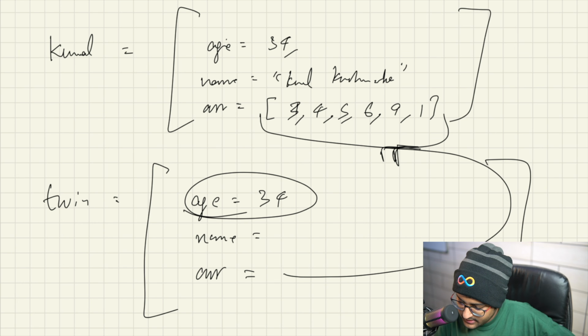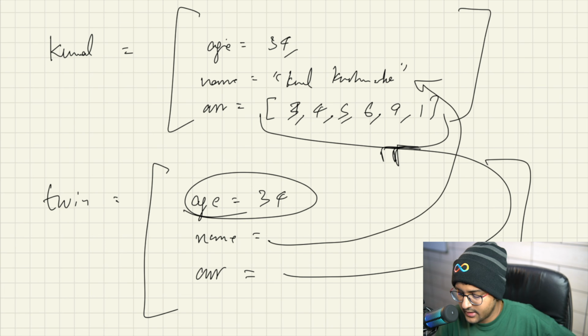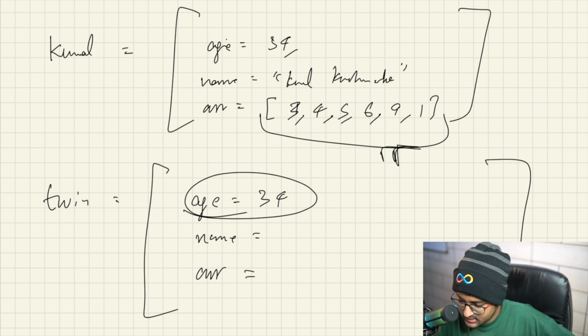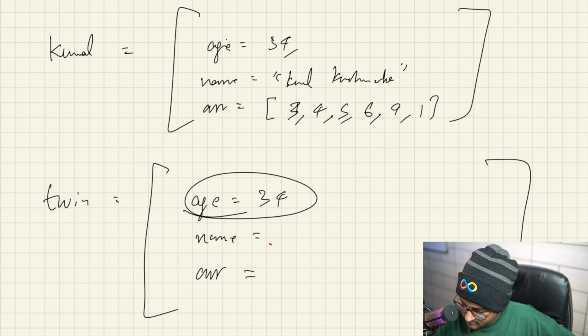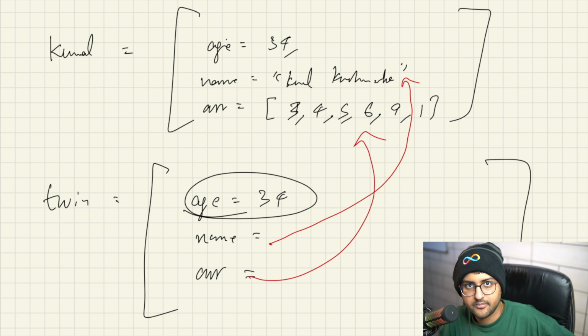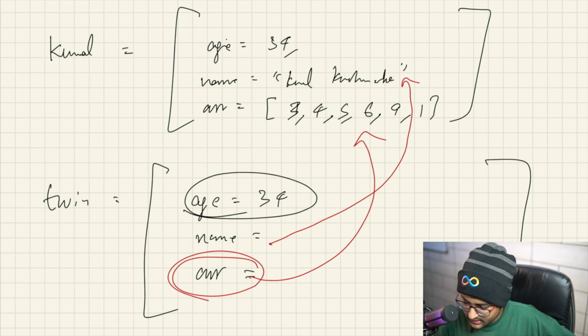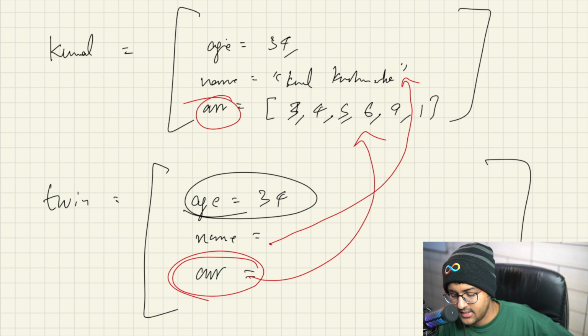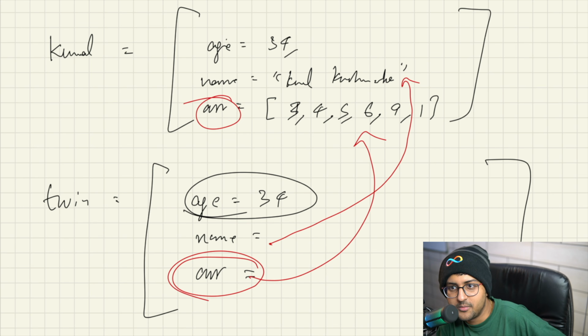So primitives, it's making a new one, but for non-primitives, string is also not primitive, it's actually pointing to the previous one. Let me just create a new color. So it's actually going to point to this. This is going to point to this object. That's it. You make a change via this, it will be reflected in the original one. Is this really the pure copy of the object? No. That's why it's known as shallow copy.